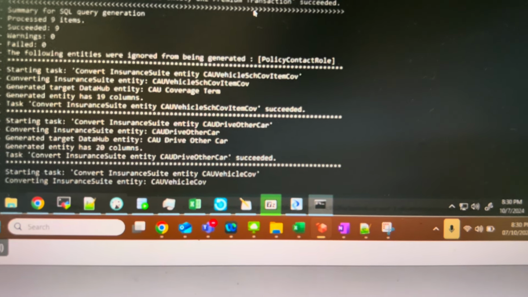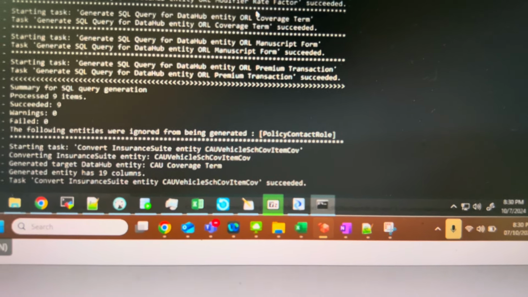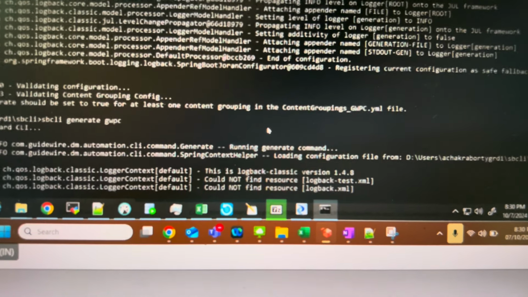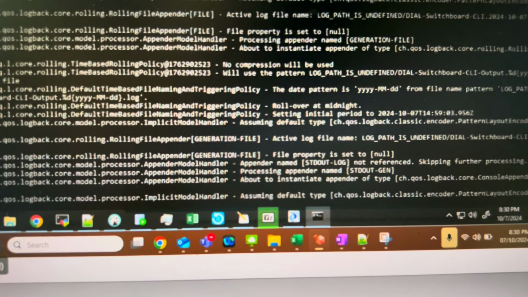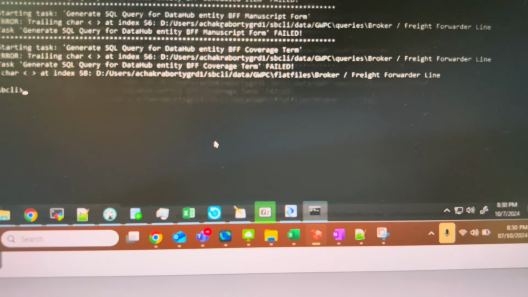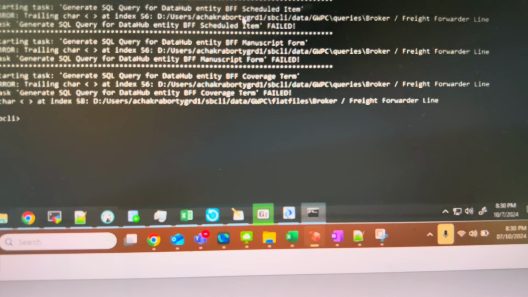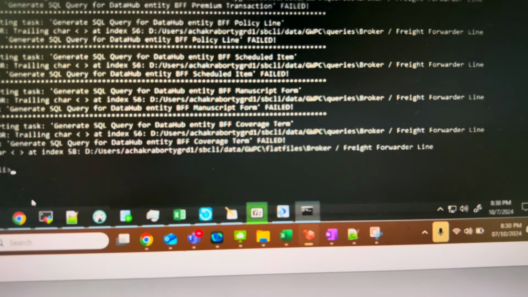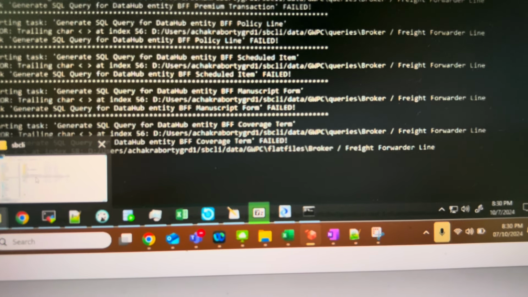Mostly it is succeeded, for a few it failed. Okay, we can neglect whichever failed, because we are not referring to these LOBs anyway. Something, DAU, something is showing as failed, DFF policy line. We are not using any of these, so we can ignore. Whatever is required is succeeding, so we can check.